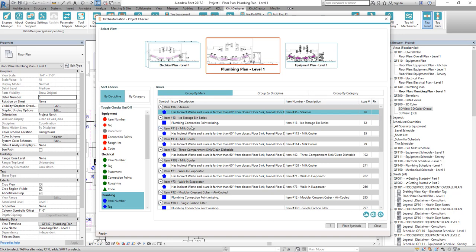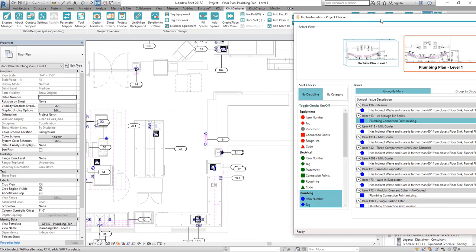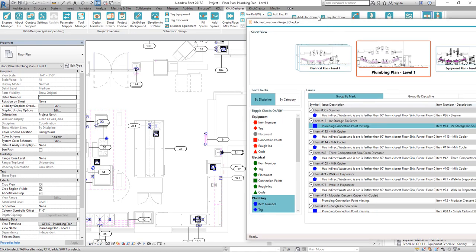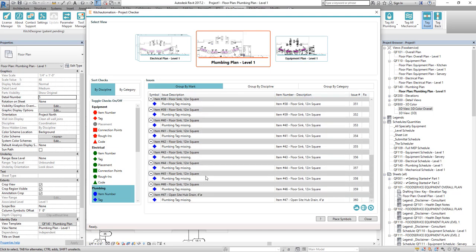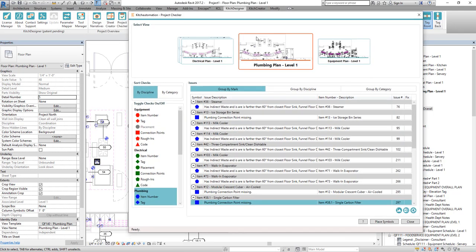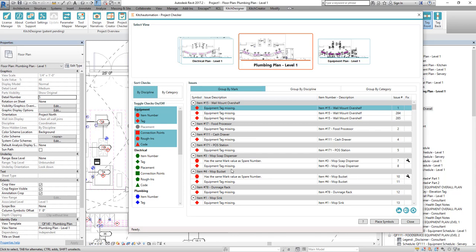And so I just reloaded. You can see now here it's saying we're missing some connection points. So for the ice storage bin, it's saying that's missing a connection point. Looks like I'm missing some for the ice maker, the filter, and it looks like that's it. And so let's go back and check the equipment plan. I did